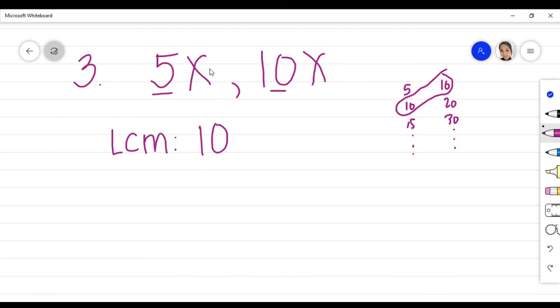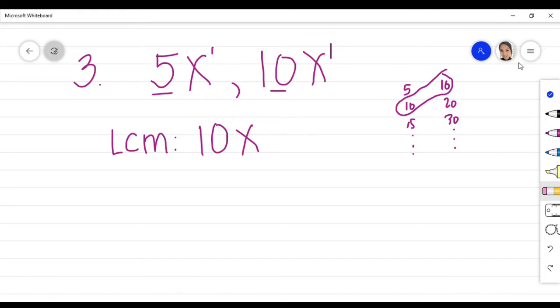Now, how about for the variable x and x here? Since they have a common variable x and they have the same exponent, which is 1, their LCM would be, we would just write x here. So the LCM is 10x. Now, if ever we have here 10x squared, suppose this one is x squared, the highest exponent is 2, while here, it's 1, x to the power of 1. Since we have the highest exponent, which is 2, then our LCM should be 10x squared. However, in our previous example, they have the same exponent, which is 1. So we will just copy x here. So the LCM would be